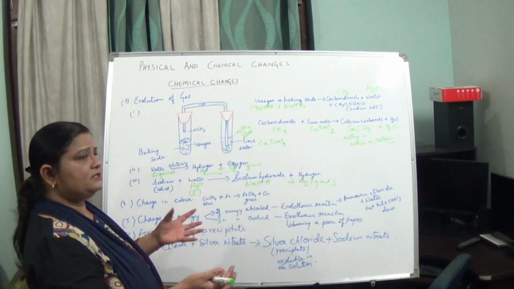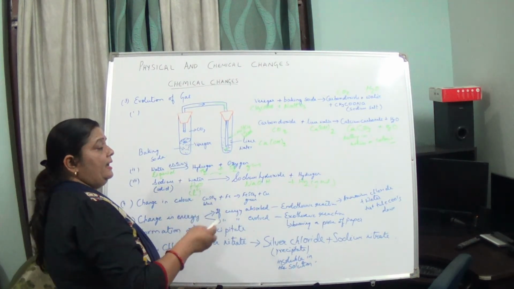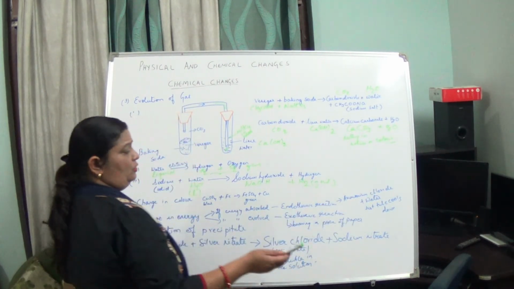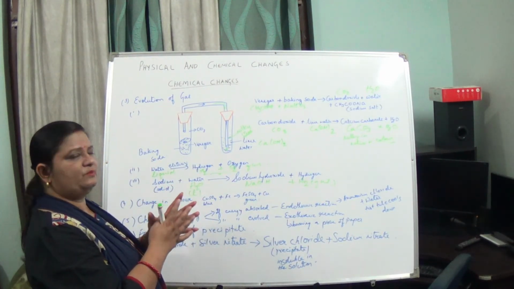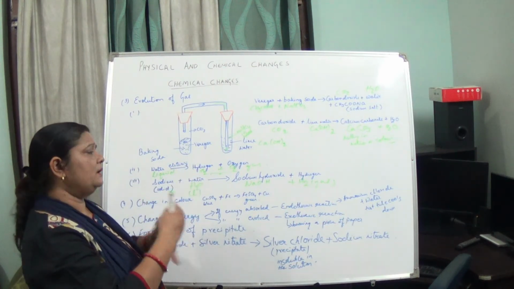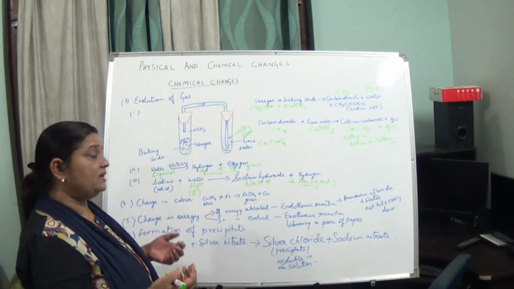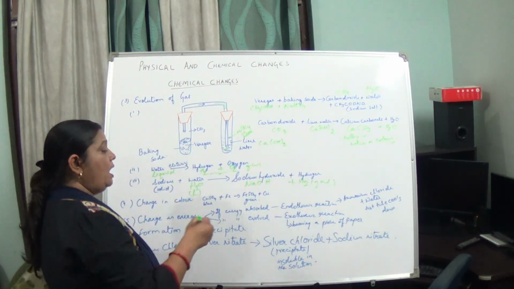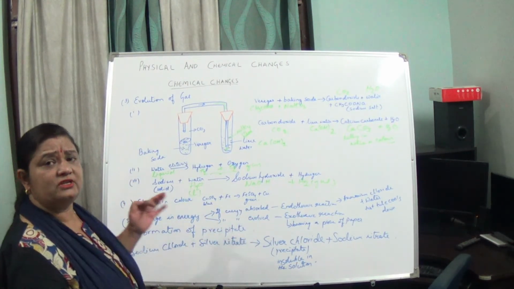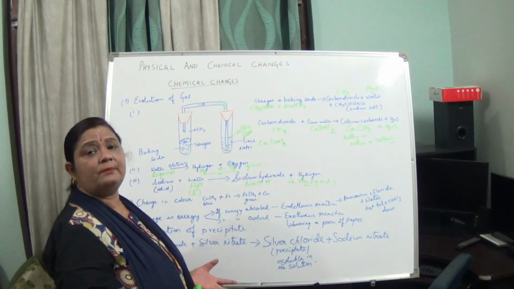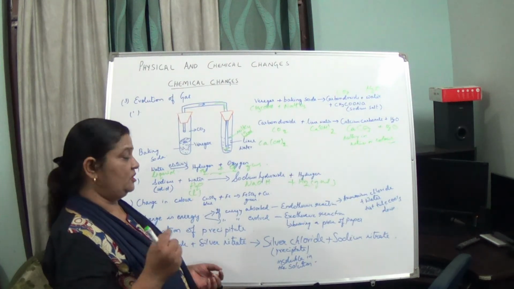So if the energy is absorbed, you will see that in that reaction the substance has become cool. Like in this ammonium chloride plus water, when you add water to ammonium chloride, you will see that the test tube outside has become cool, because during that chemical reaction energy has been taken, so the energy in the reaction decreases, and as a result it cools down. And for an example where energy is evolved, it will cause heat. So just burn a piece of paper. Burning of paper is a chemical change, tearing of paper is a physical change.